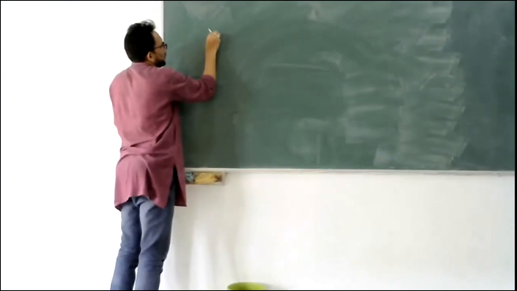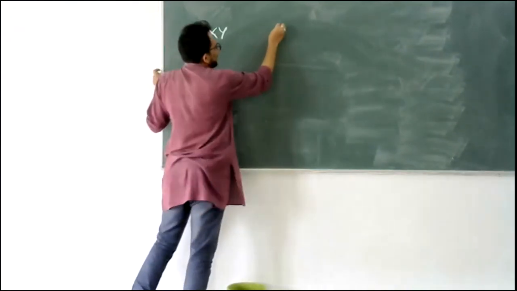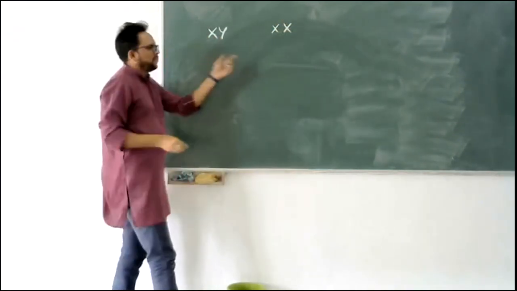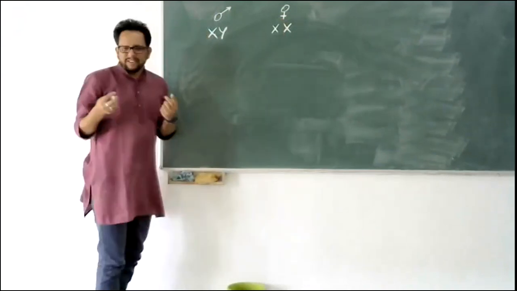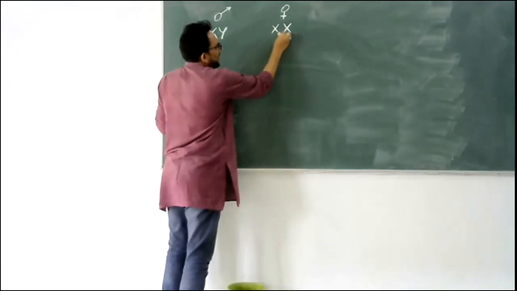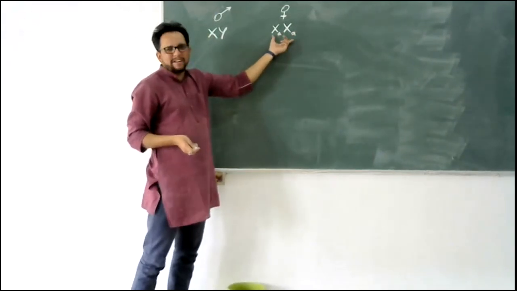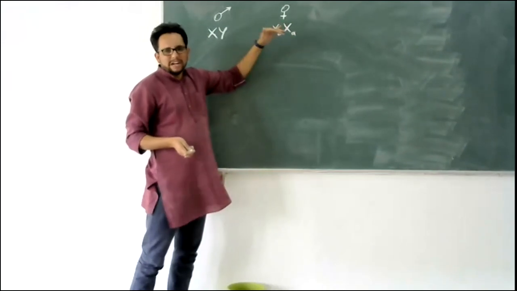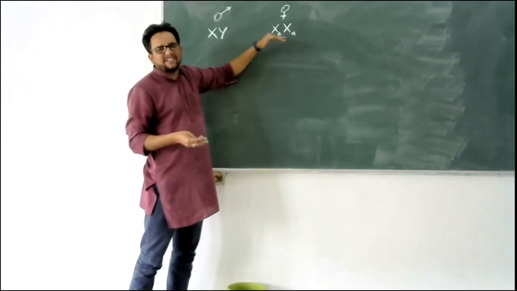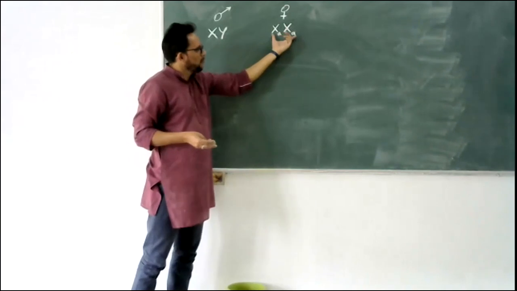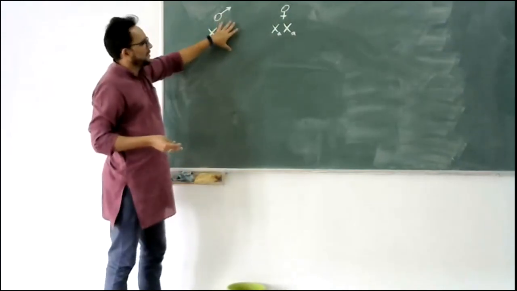Let's say, for example, we have a normal male and an affected female. That means it is XX, that is female. So this is male. This is female. Now, for simplicity, for the affected female, we are writing A. Both the alleles, they are present. Both of them, they are dominant. So that is a homozygous dominant. In this case, because it is X chromosome linked, it is an X-linked dominant trait. So both of these alleles are present. So this female is the affected mother, and this is the normal father.